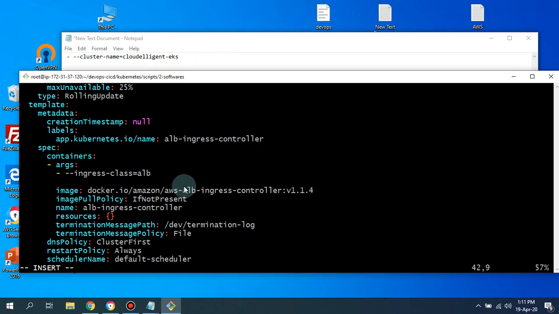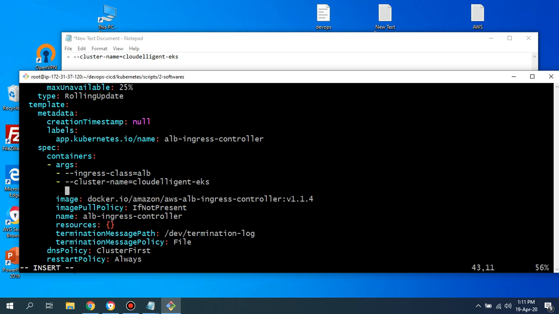So guys, I'm going to simply provide the relevant details: dash dash cluster-name is equal to cloud-elegant-EKS, and press dash dash, and the